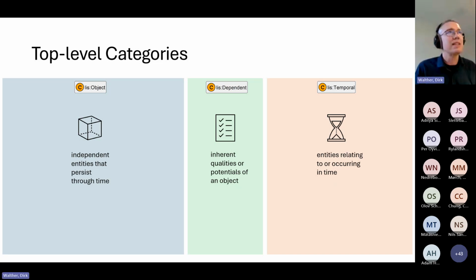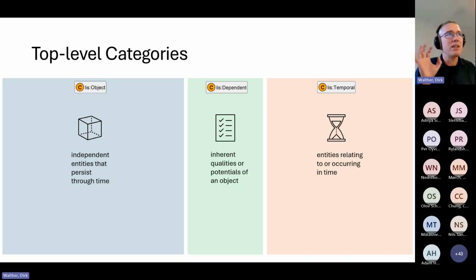Okay, so now maybe one more thing. I talked before about OWL, and whenever we have an entity we want to represent in an OWL ontology, we need to make a decision. We need to assign an entity type to it. We need to say, is it a class, a property, or an individual?